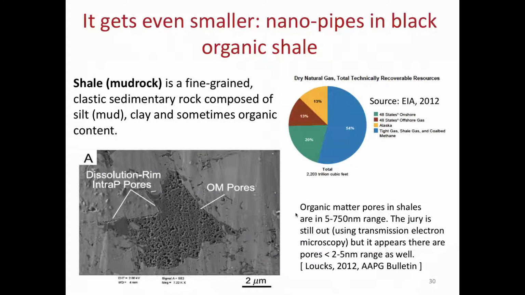So we're not going to get into that. The smallest pipes we're dealing with so far are the shales and mudrocks. There's a lot of research going on in this department and many others. They're very fine-grained rocks, where the siliciclastic component has grains of 1 micron and less. But then there's a lot of clays and organic content mixed in, and that results in a very complex pore